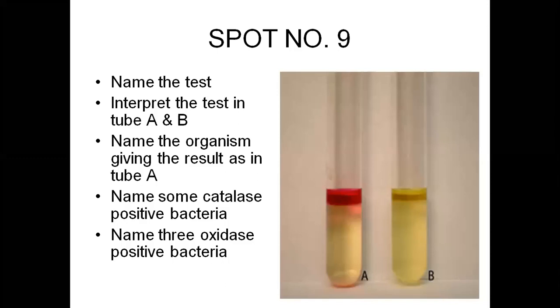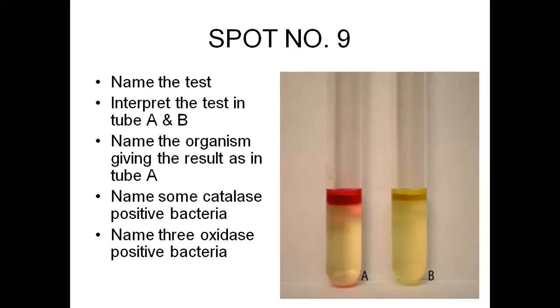But if the ring is red, it is a positive test. If the ring is yellow, it is a negative test. Now what is the principle of the test? You are going to put tyrosine amino acid in this peptone water. Bacteria consuming that and breaking down tyrosine is going to produce some byproducts which are laid on the